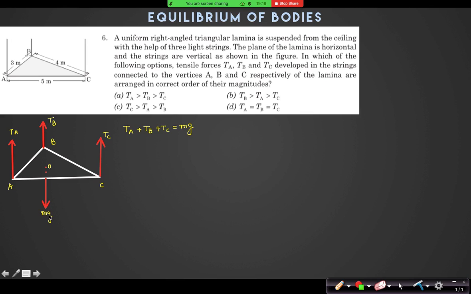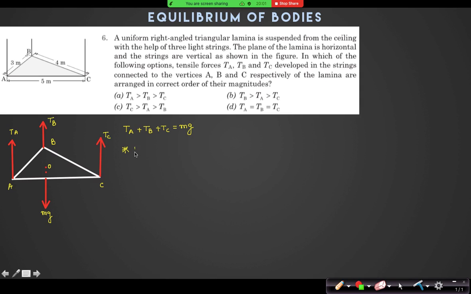And as the torque is also 0, now about which point will I take the torque? That's the main question. Sir, about any vertex will be better. About B. Look, here always remember one thing. Whenever you take a torque, we have to keep the reference point. We can take torque about any point because it's in equilibrium. Definitely, it's in equilibrium. We can take torque about any point, but for calculation purposes, to solve the question easily,